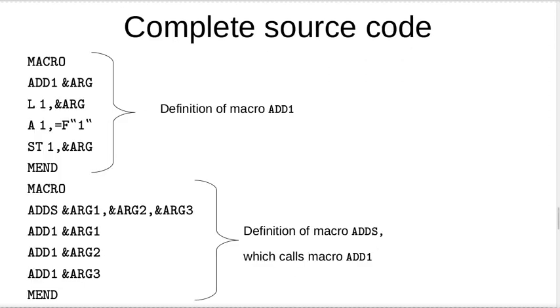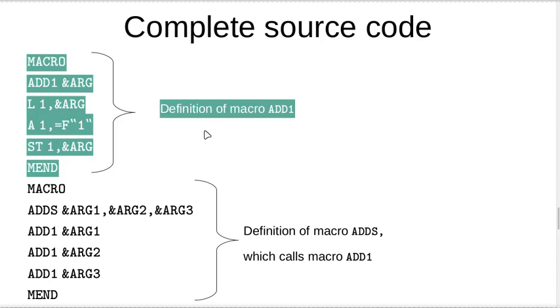Fine. Okay, so the complete source code, if we are now looking from the perspective of a programmer, the whole source code would be like this, where there could be previous instructions in the program, right, before the macro definition, but the part we are concerned with right now is the macro definition. So from the perspective of macro definitions, the complete source program looks like this, where initially we have the definition for the macro ADD1, right? So initially we can have the definition of macro ADD1.